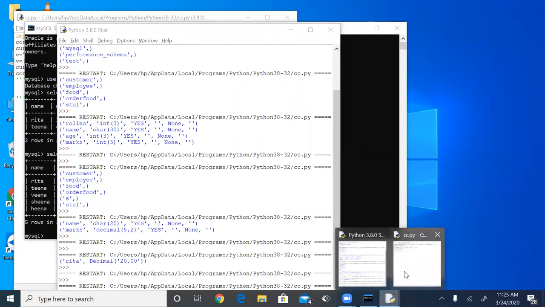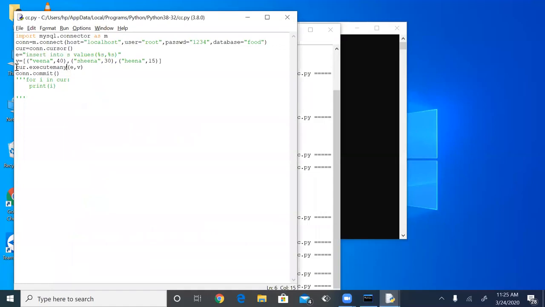One more thing students ask about: suppose I want to display the things through cursor fetchall, and I want to store the result. By using the fetchall function, we are fetching all the records.